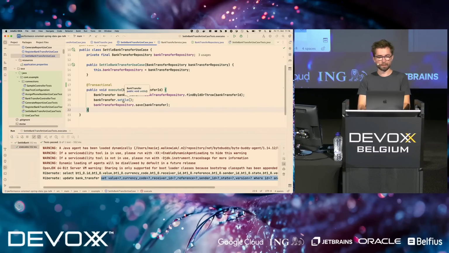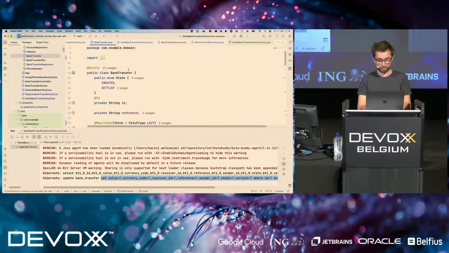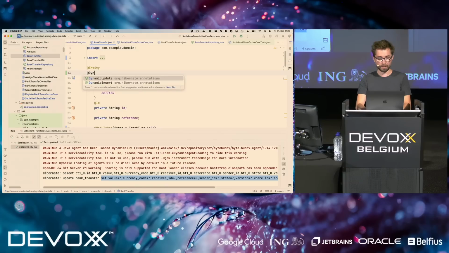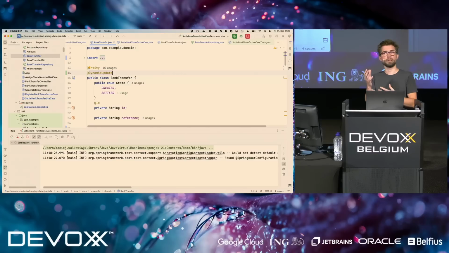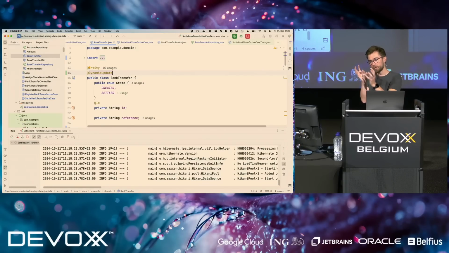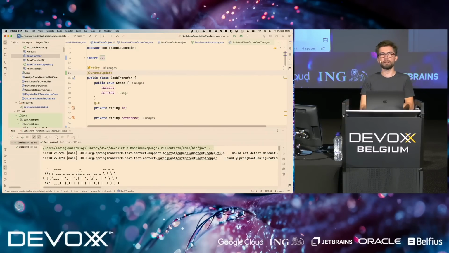If we would like to tell Hibernate just update what is meant to be updated, so basically write a query that I would write myself if I would write just a plain SQL, we can annotate this entity with a dynamic update annotation. And then it will not only track if the entity has changed, but also which exactly fields have changed. If you think that it will make like a big difference in terms of performance, most of the